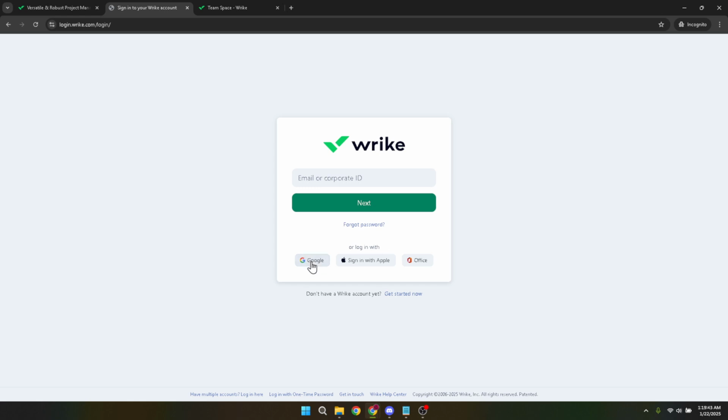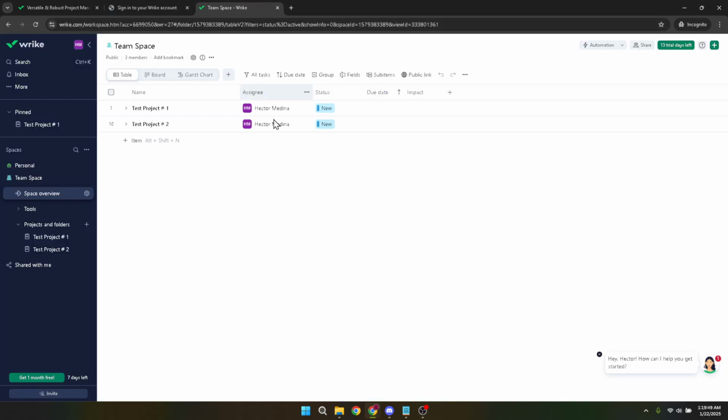You might be prompted to choose from a list of Google accounts. If you have multiple accounts associated with your browser, select the account linked to your Wrike workspace and you'll be automatically logged in. Once logged in, find your way to the specific task where the comment you want to delete